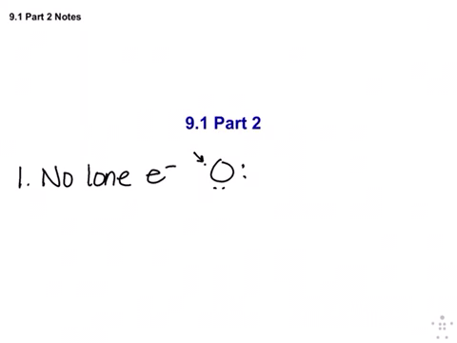So I think one of the big things that I might not have quite hit home enough yesterday, when we draw these dot diagrams and you're figuring out if it's a single bond, a double bond, a triple bond, you need to make sure your end product has no lone electrons. So a lone electron would be like that. Here's your lone electron. That's not okay. The second thing